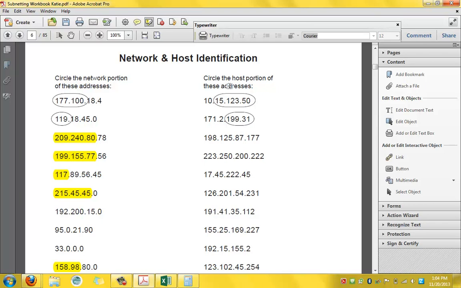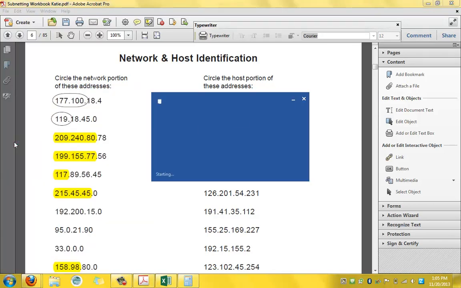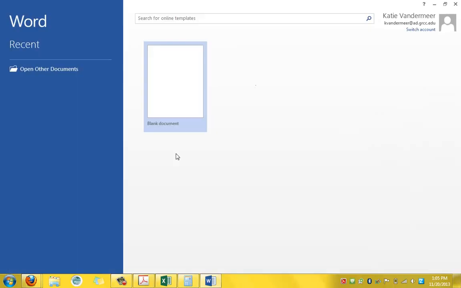Now over here, the host portion is kind of the opposite. So 198 is a class C, so this is the host portion at the back. 223 class C, this is the host portion. And again, what that means is, let me pull up something I can draw on. Again, when you go to,